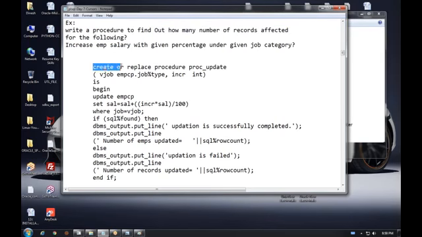See, create or replace procedure. The procedure is updating employee salaries. Now, it is taking the job value under the given job category. So it is taking the designation of the employee and the increment percentage. So the increment percentage is 10, 25, whatever the increment percentage. Begin,